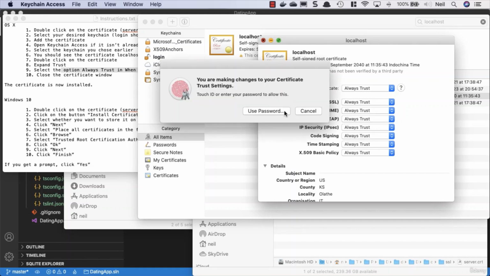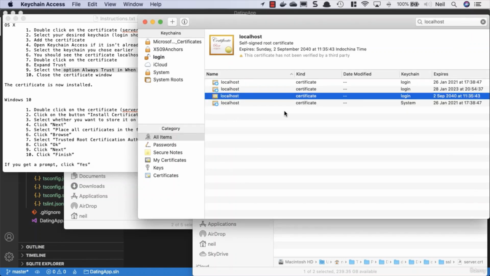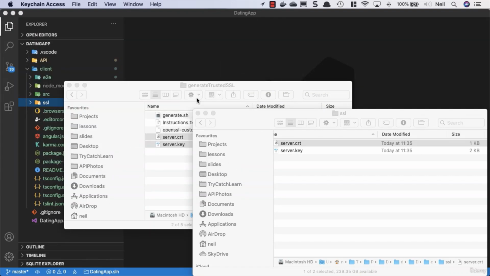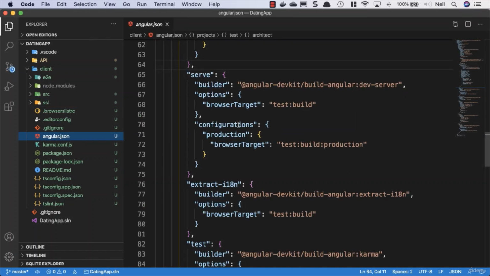And we're making changes, so you're going to need to use whatever method of authentication to accept that, and then we can close everything and we're good to go. So what we need to do next is tell Angular that we want to use this SSL certificate and run our application over HTTPS. So in order to do that, we need to go to our angular.json file and locate